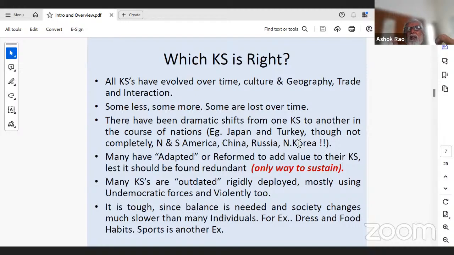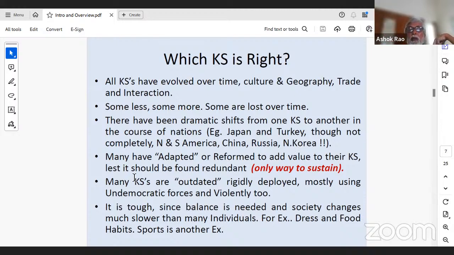Which means as you value, or as you are forced to change, or as you perceive a certain degree of change to be better, these changes happen. And if the political alignment is also there, the changes can be overnight and dramatic. For example, Taliban. What happened in Afghanistan? Suddenly, as soon as Taliban came, they said all girls cannot go to school beyond class 5. Over. The whole university system, which was open to them, they cannot go. So these are the sudden changes, which means political force is a very strong force.